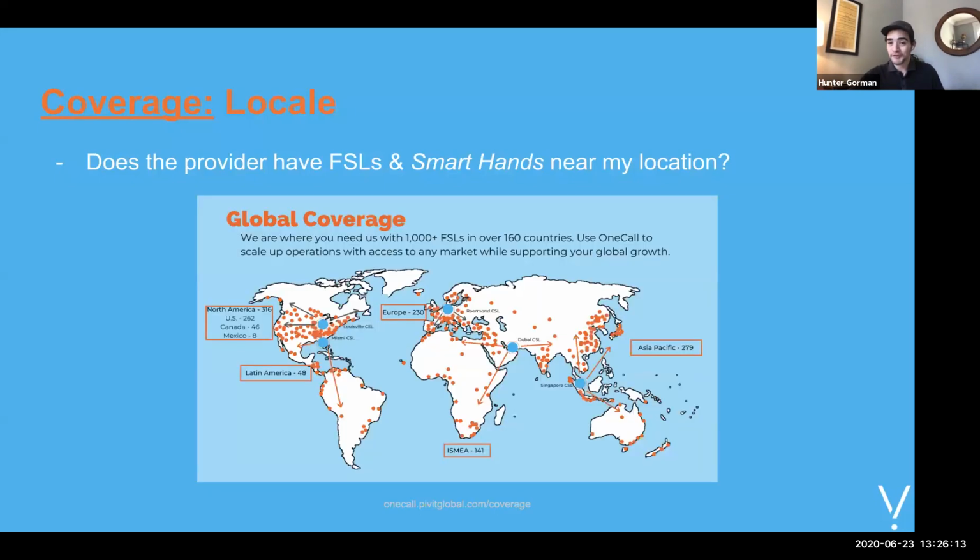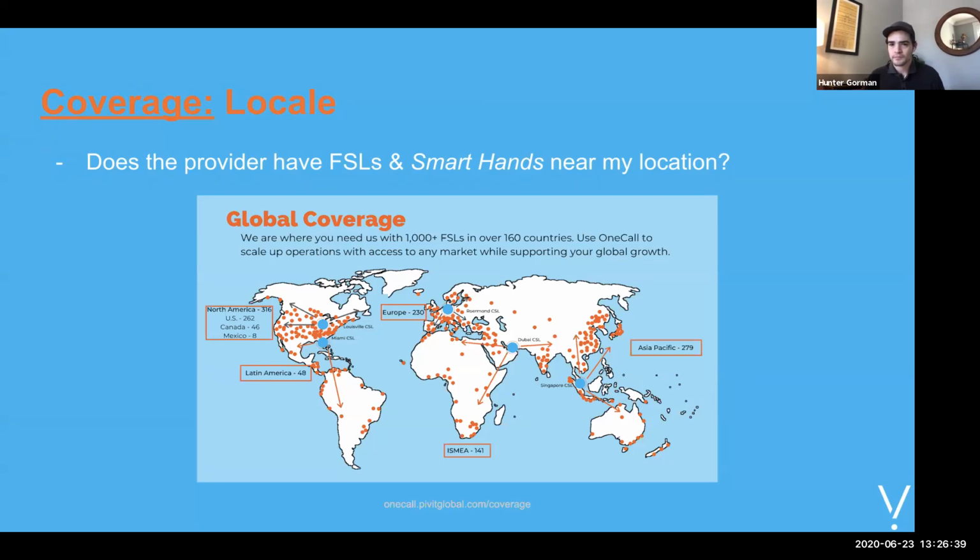And for one call, obviously we've got a pretty built out sparing network across the globe. But do you have any wisdom to give people who are maybe new to third-party maintenance? Maybe they've always done OEM maintenance. When it comes to evaluating a sparing network and the network of SLs around the globe, what's important for people to start looking for?